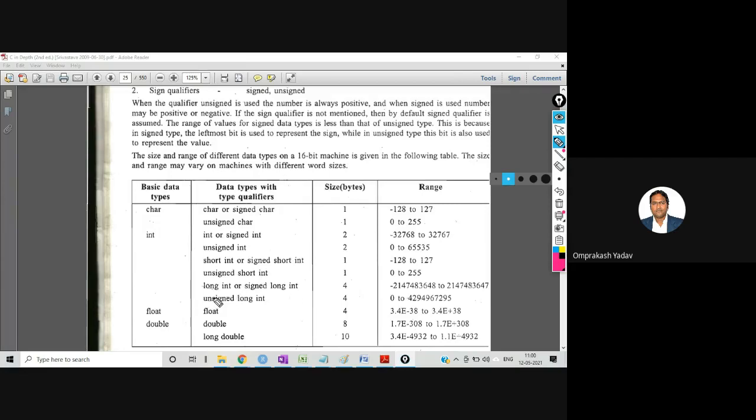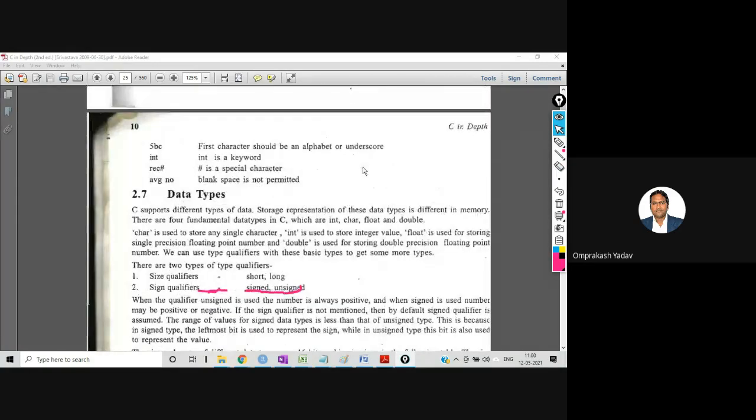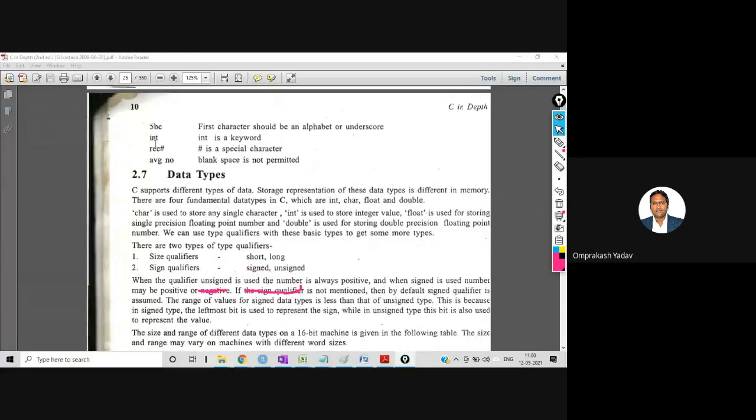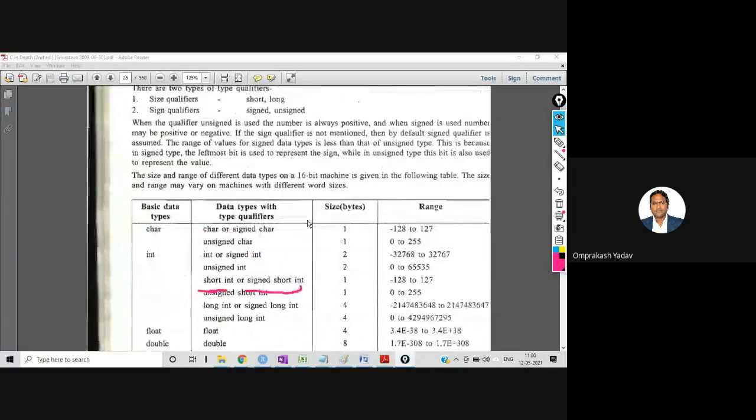Okay. One more thing. In the signed int and unsigned int also, you can write long signed int, long unsigned int in that way. Long int is nothing but the long signed int only, right? So this is long int. It means signed long int only. You can see the representation in the book, on page number 10. Data types is there. This is the book which I uploaded over there, so you can just see.